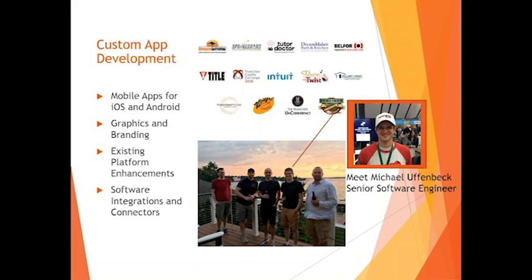Then we move to the development phase. We'll build out the platform. We'll work with you, show you examples as we go, and give you the completed project. And from that point, that code's yours. You have full rights over it, but we can continue to help you maintain it and do so much more.